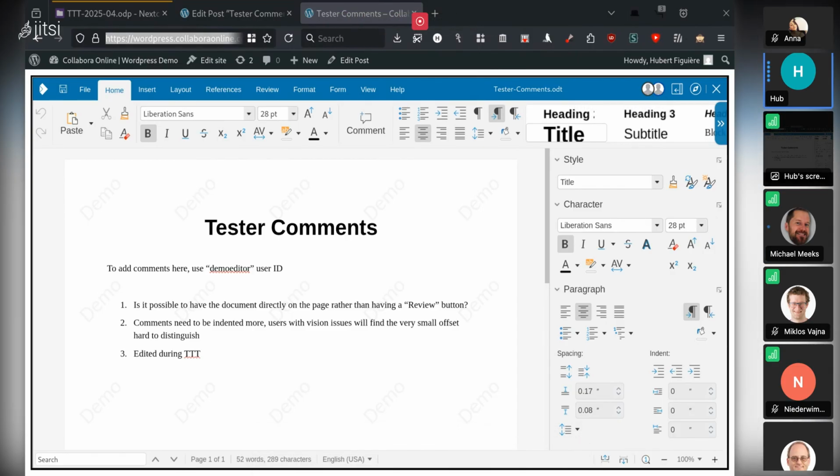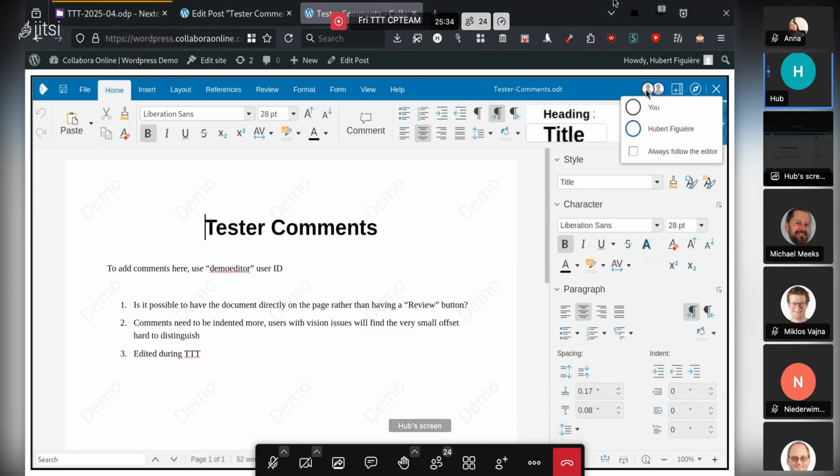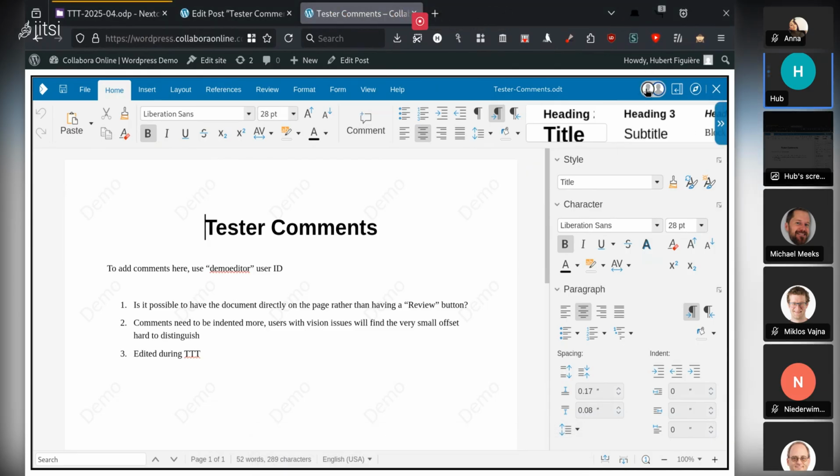So if you see now, I have joined from another private window. Lovely. With the same account. Yeah. So now you have two people editing the document. They are the same, but fantastic. Thanks, Hubert. As I said, there is nothing much different than anywhere else in terms of what functionality WordPress